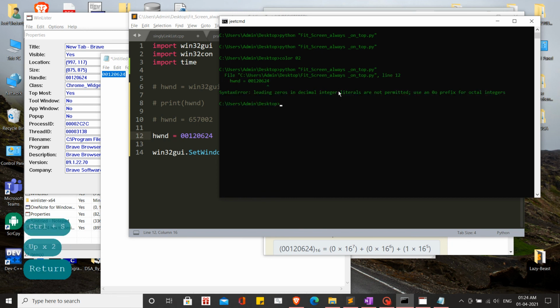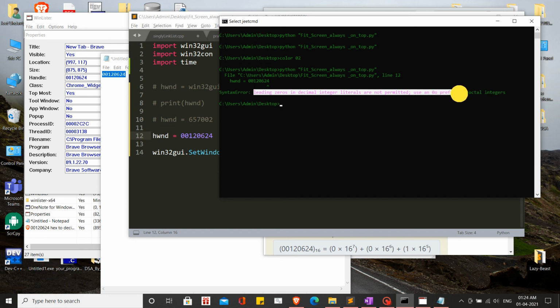I'm pressing enter, and it says there is some sort of issue going on, that leading zeros in decimal integer literal are not permitted. Use 0o prefix for octal integers. So this was the error every time I was going through, and I was not able to figure out how to manage this thing. So just a second.